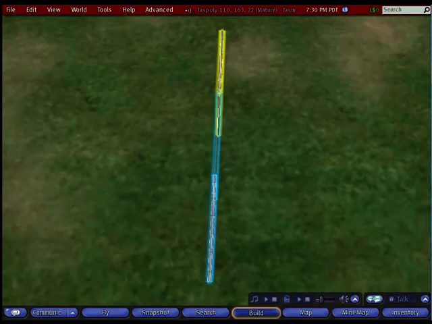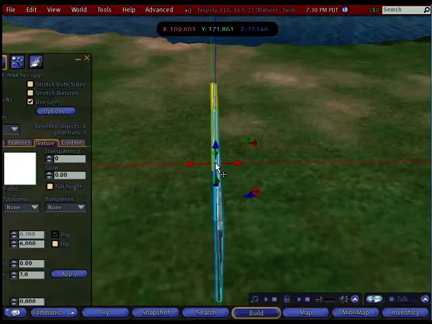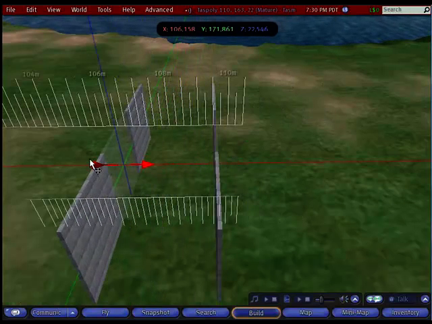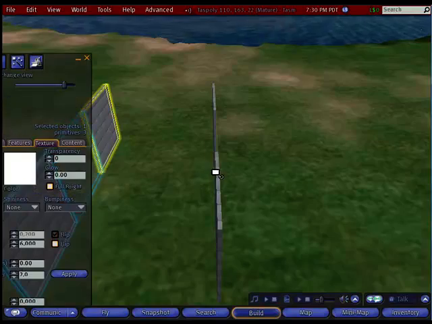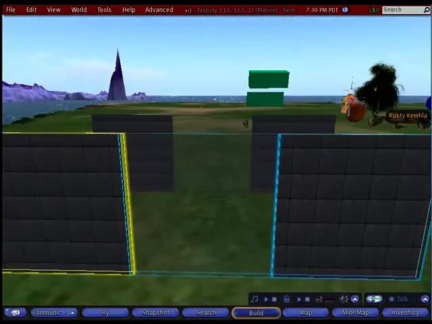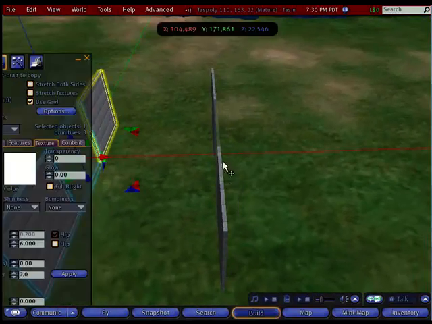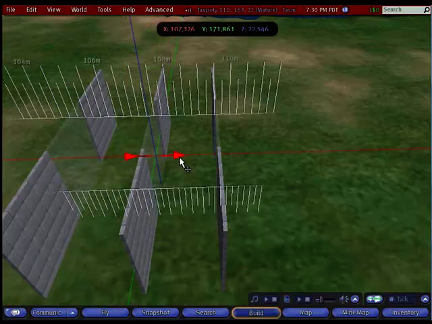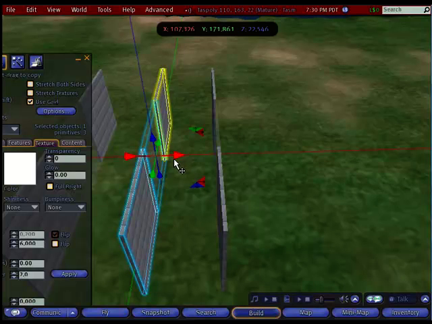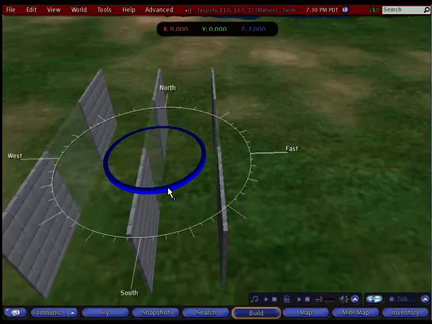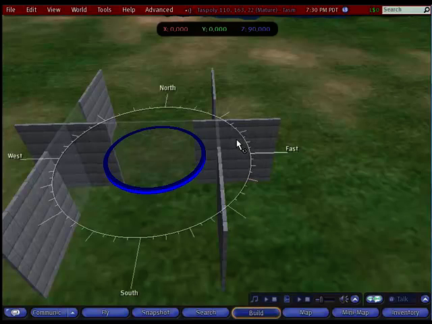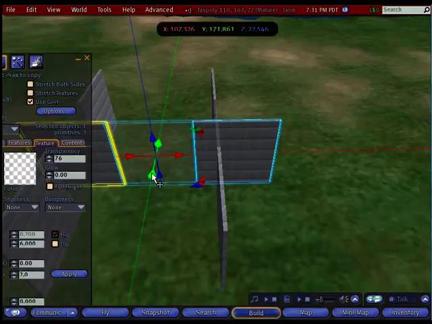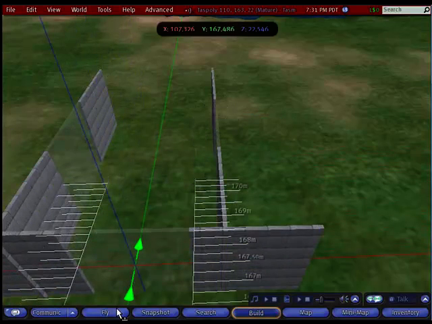So if I move out to this side, if I hold the shift key down and drag this out, I can now copy that whole wall. So I've now got 2 of them. And if I do that again, hold the shift key down and bring a third one out, and then hold the control key down and just rotate that around about 90 degrees, and whoops, click on that again, drag the green arrow, bring it back down this way